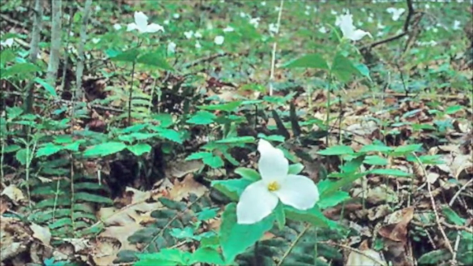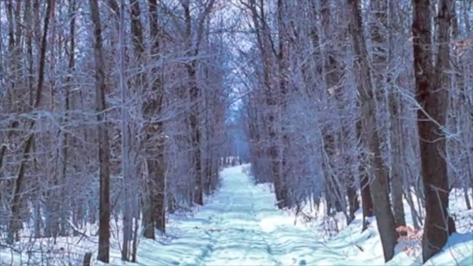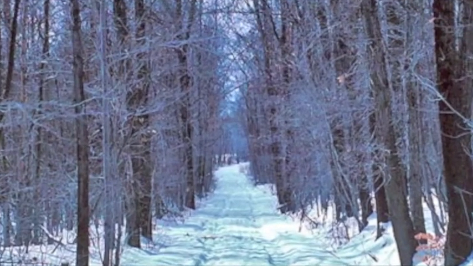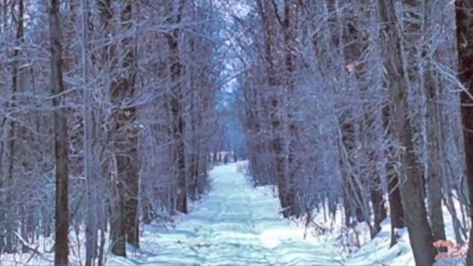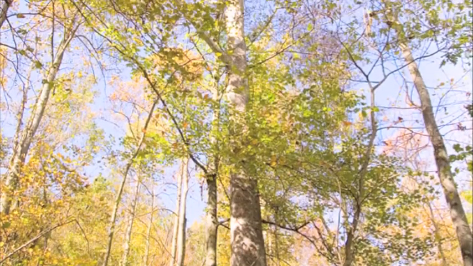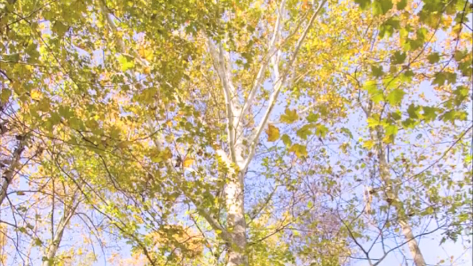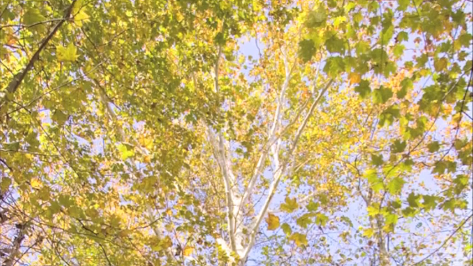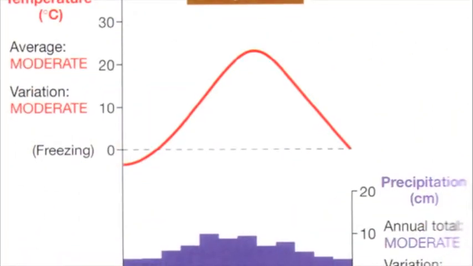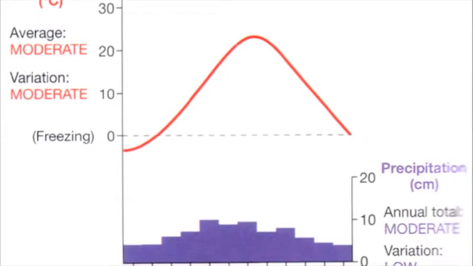If you do live in one of these forests, you'll notice a moderate climate that changes significantly throughout the year. One can expect to experience about 30 to 50 degrees Fahrenheit in the winter and a high of 80 to 90 degrees in the summer. While the temperature varies during different seasons, the temperatures are still relatively moderate compared to the extreme biomes found in other places around the world.